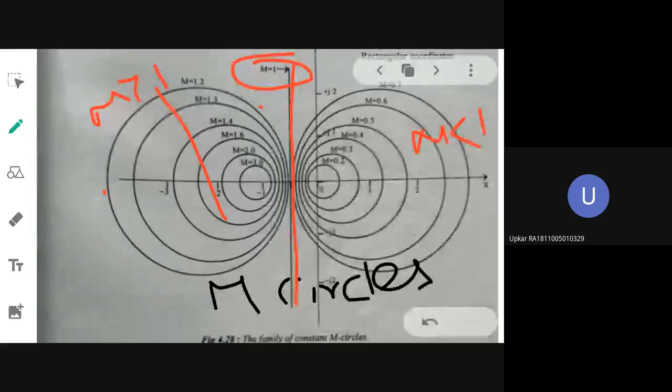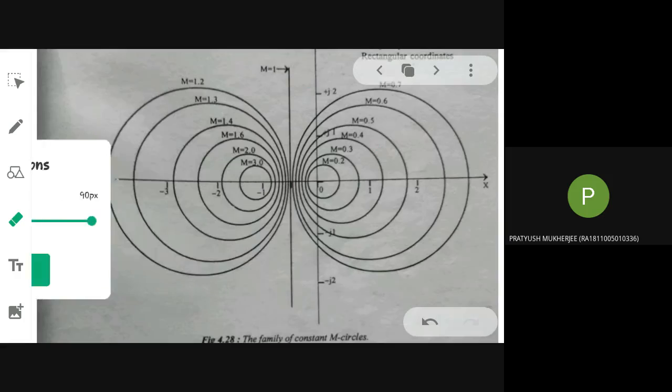You can refer for yourselves. Here you have 0.2, 0.3, 0.4, 0.5, 0.6, values less than 1. Here you have 3, 2, 1.6. So if m is greater than 1 or if m is less than 1, then the shape will be turned into what shape? Circles. How that is becoming a circle shape you have to prove. That we will prove now by continuing the derivation.